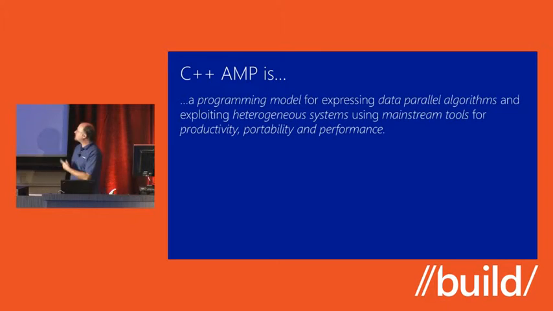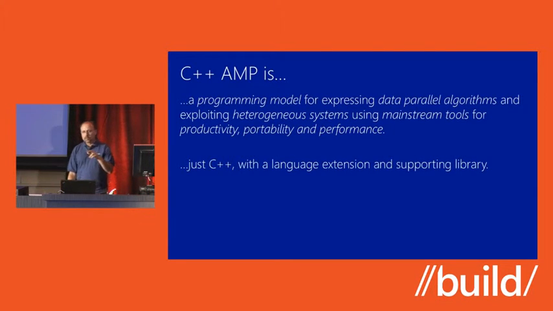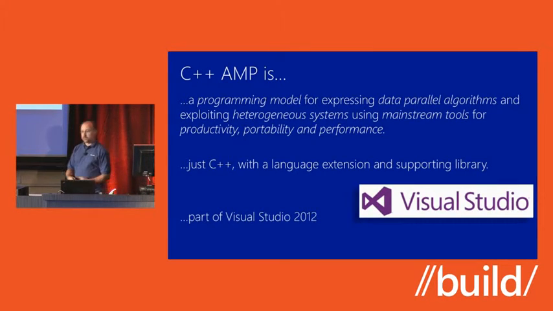So what's C++ AMP? I'm just going to read one bullet, and that's this bullet. It's a programming model for expressing data parallel algorithms and exploiting heterogeneous systems using mainstream tools for productivity, portability, and performance. But most importantly, the most important 3 letters in C++ AMP are C++. I want to get across to you that it's just C++. We light up the GPU with a simple language extension and a supporting programming model in the form of a library. And because it's just C++, it's part of Visual Studio 2012, which means it works with those other great technologies